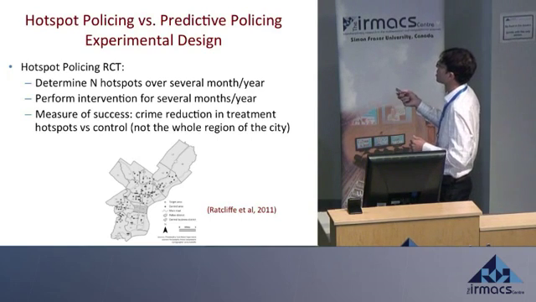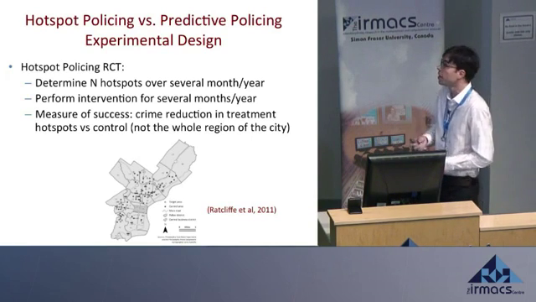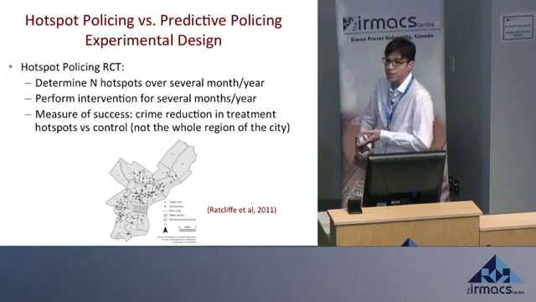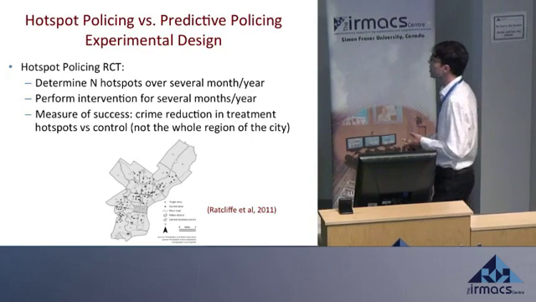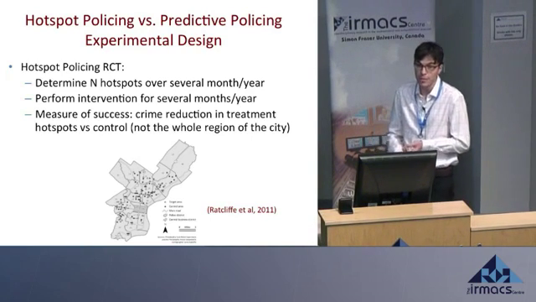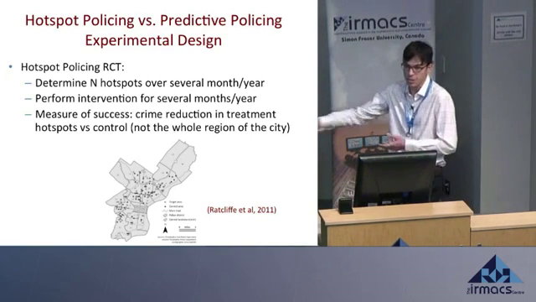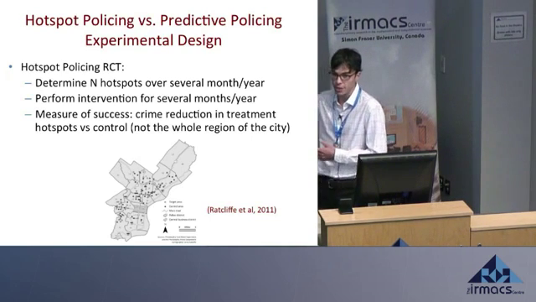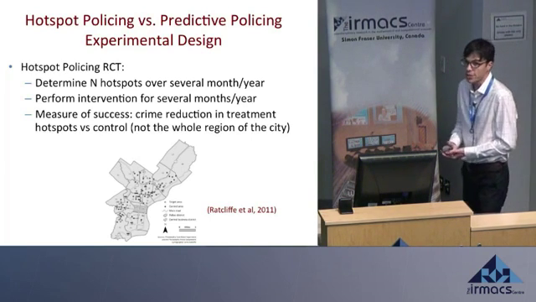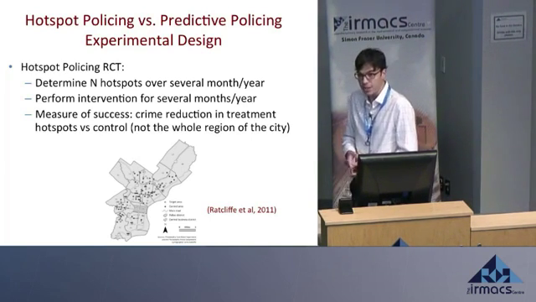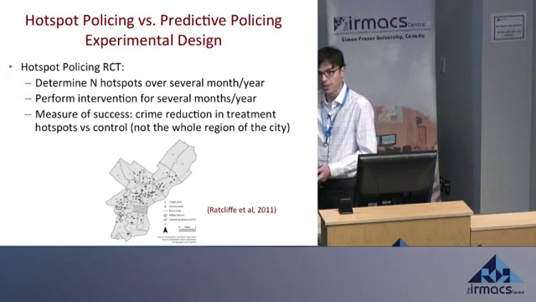It's worth pointing out that you're not measuring crime rate reduction in the whole region, just in the hotspots. And what these have shown is two things. One, policing is successful at reducing crime in the hotspots. Secondly, there have also been studies showing that crime doesn't typically move around the corner. So you reduce the crime in the hotspots and it doesn't just shift to the next block or two over. I think hotspot policing is a very good starting point to work from, but it really just gives you a tool. It says policing is a valuable tool, but it doesn't tell you how best to use that tool to deter crime.